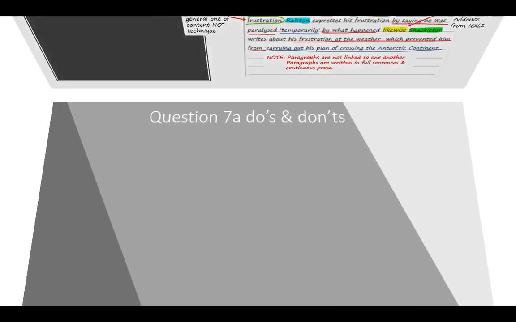So let's just recap now the do's and don'ts for answering question 7A effectively. In order to answer question 7A effectively, you need to identify 3 main similarities of sight. There will be lots of similarities. You need to identify the ones that jump out at you from the page when you go back and skim read that text. You then provide 1 paragraph about each similarity, so you end up with a total of 3